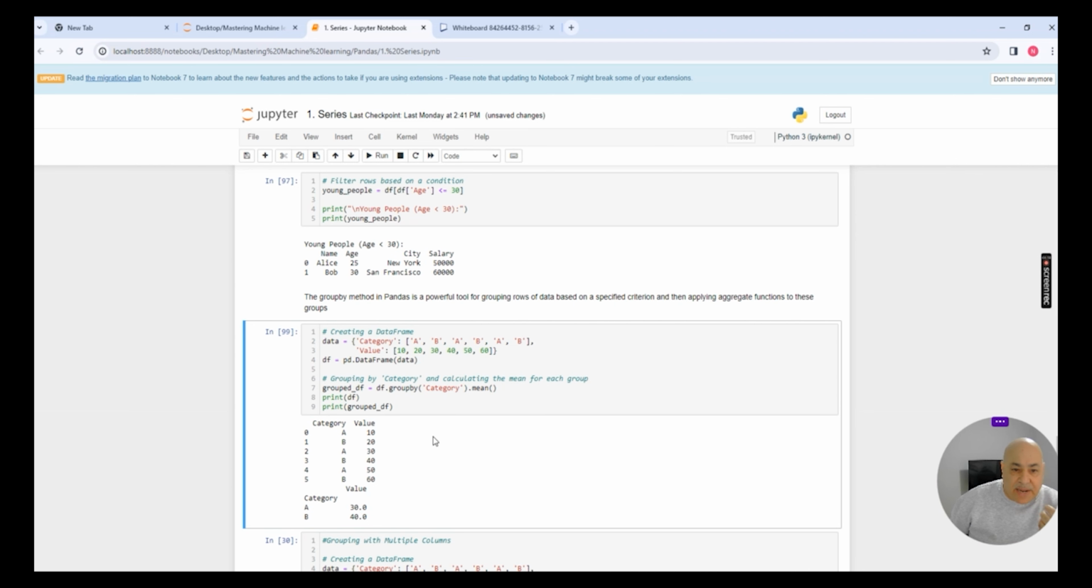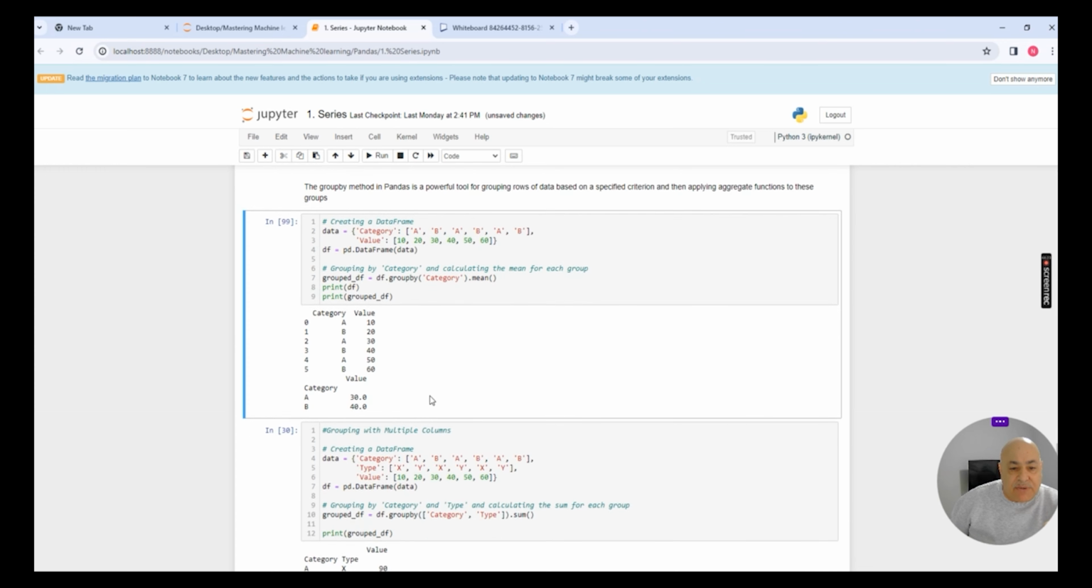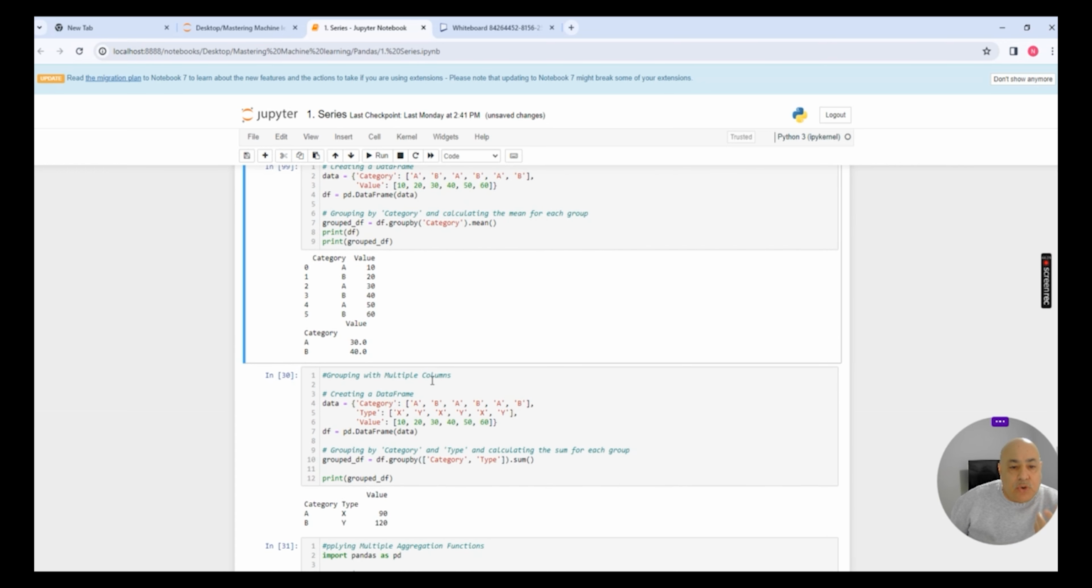And that's how I can actually do some calculation on this data frame which I have created. I can also group based on column. Like if you look at this, I have A, and I have the values as before, but I also put a type, and I said type X, X, and X, and Y, Y, and Y based on the category A and B. Okay, if I also print